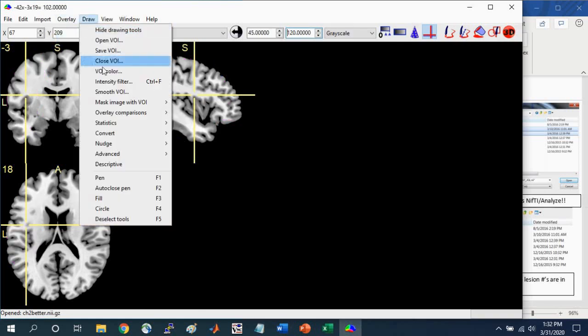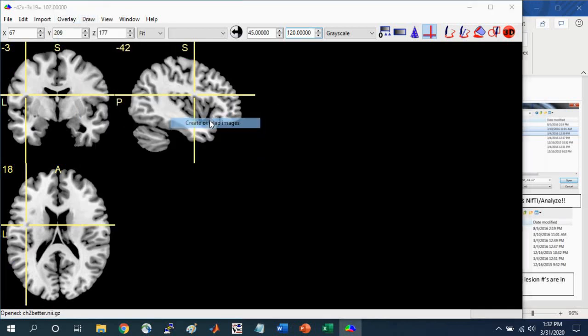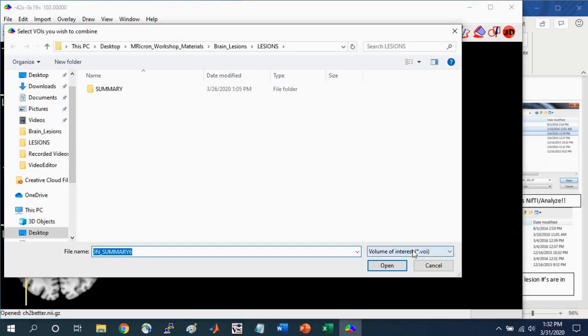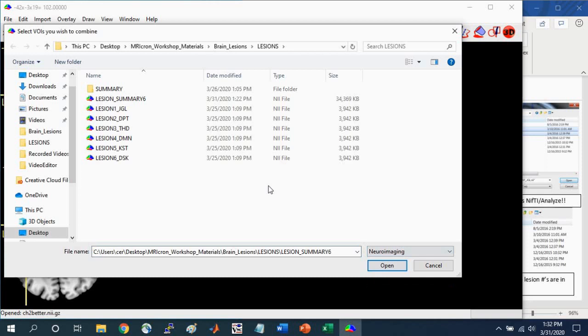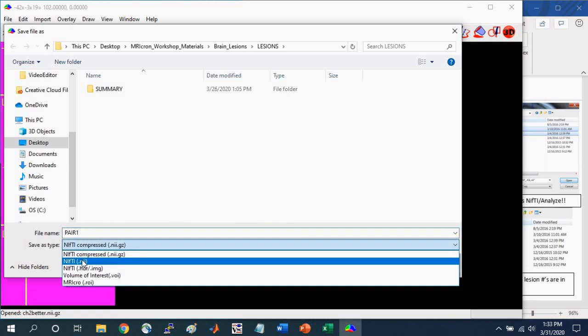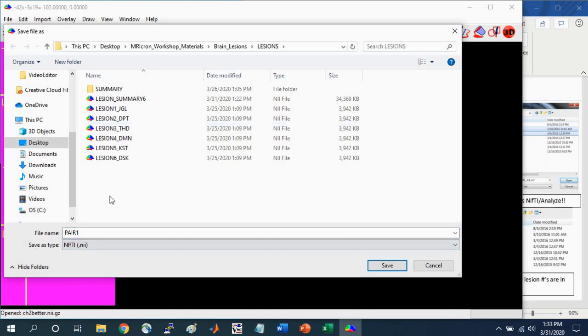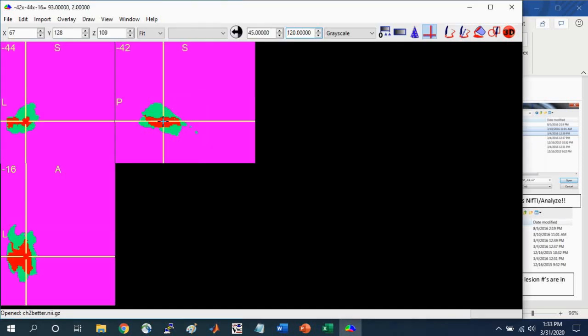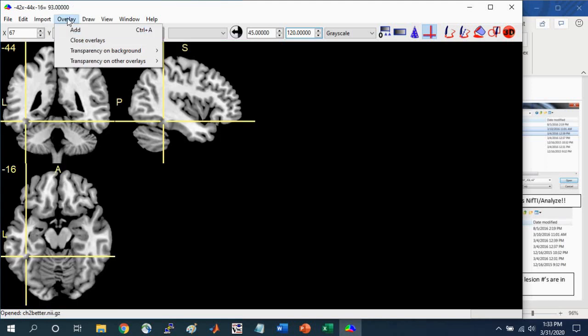I'm going to go to Draw, Statistics, Create Overlap, and change the format to neuroimaging. And I'm going to select lesion 1 and lesion 2, and we'll change the name of it to pair 1, change it to Nifty format instead of the Nifty gzip. Save. Okay, so this is what you'll see, and you can close this overlay, and now we'll do it for